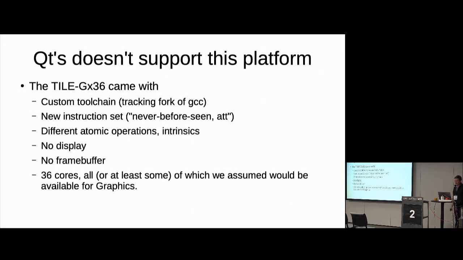So I'm OK. It had its own GCC. That's awesome, like a fork of GCC, which was way behind all the latest developments. It had its own instruction set. So that means an assembly language that nobody knew. There were no docs online. You couldn't Google anything. It was all part of this big, fat manual that we got, which was full of mistakes. It had its own concept of atomic operations and intrinsics. None of the GCC intrinsics worked. So if you wanted to do an atomic lock or a spin lock, you had to do it in assembly yourself. And of course, for Qt, we had to do that.